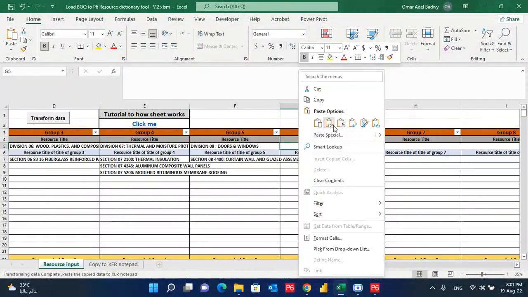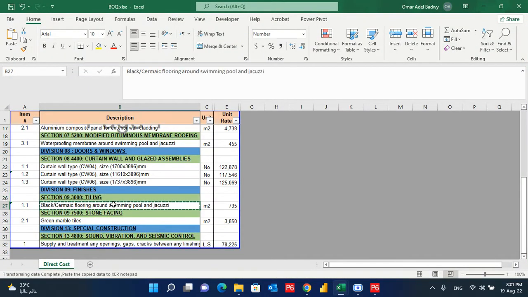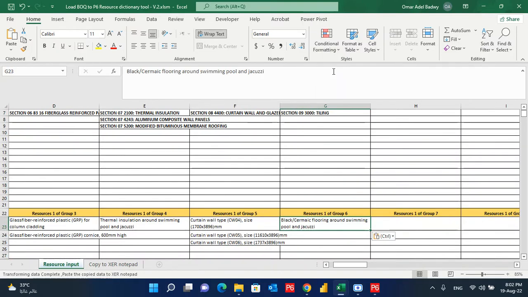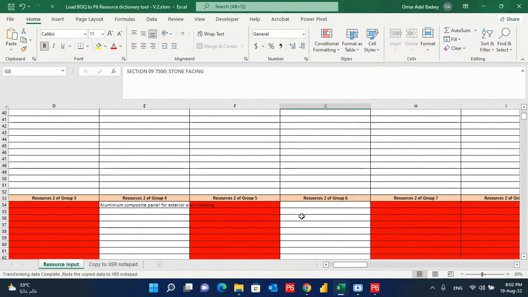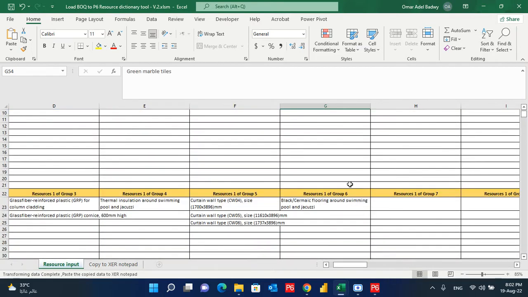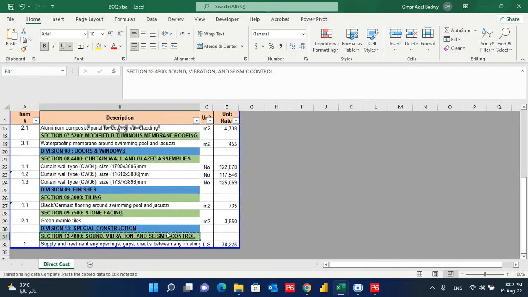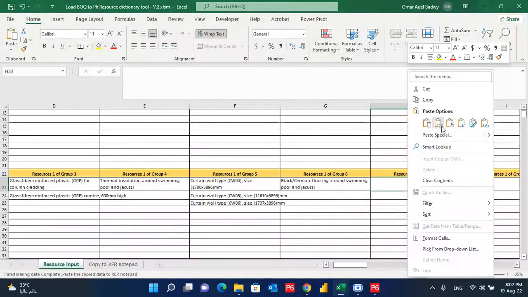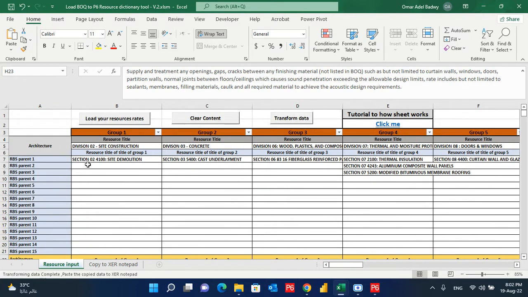And this is a resource title. Okay, we finished putting the naming of our BOQ, so let's load our resources with their unit of measure and